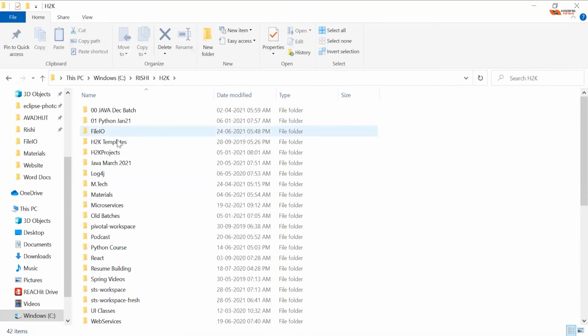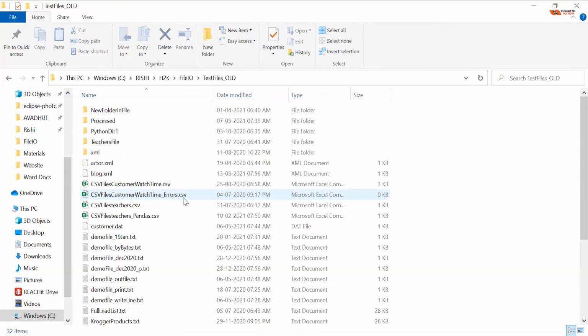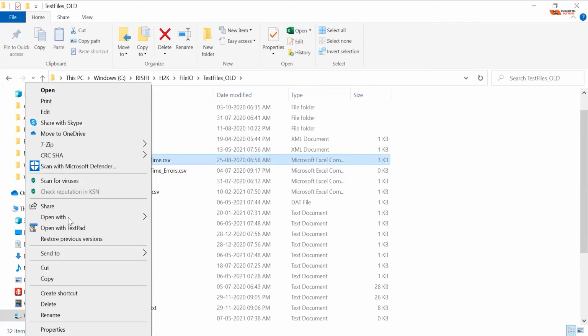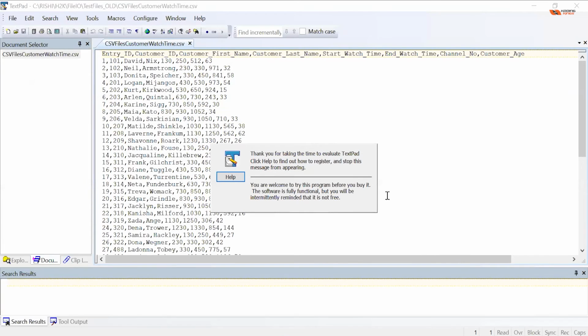If I open file IO, this file, customer, so CSV file, customer wash time.csv. This is our project file. You can always open that in TextPad or Notepad. It doesn't matter actually. It's just comma separated values. It's not an Excel. So just open in TextPad. You will see this is just comma separated values.